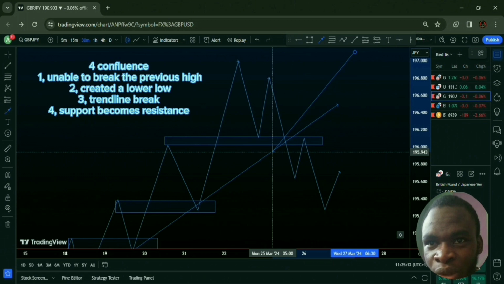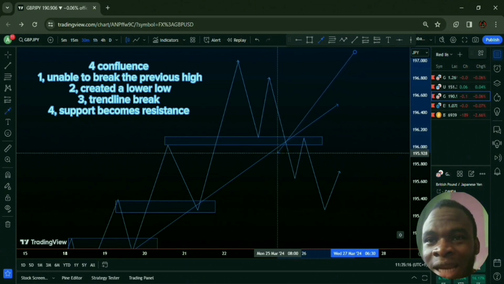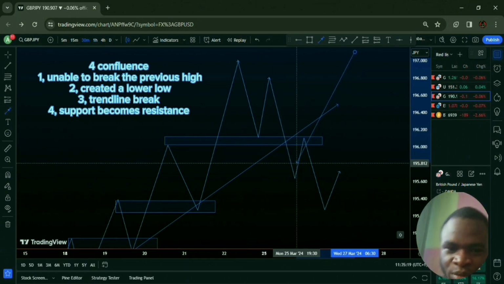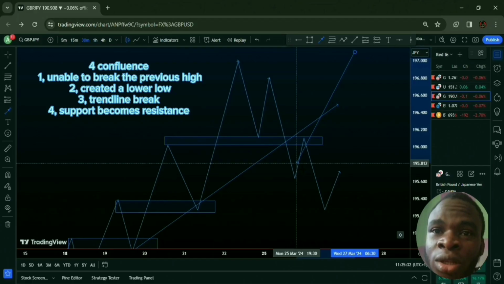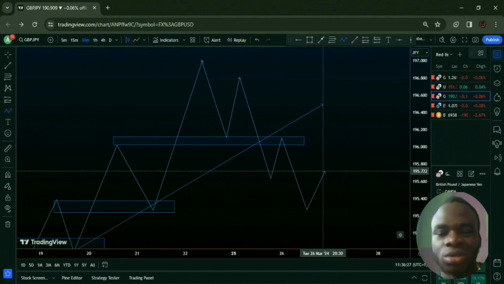Now it broke the structure, right? Now that's a change in trend, right? That's the first, but you won't use that. That's just a confluence, but you won't use that as all the confirmation you want, because it broke a structure. That doesn't mean it just wants to drop from there. So that's the only reason why you have to start looking for sell, because it's giving you a